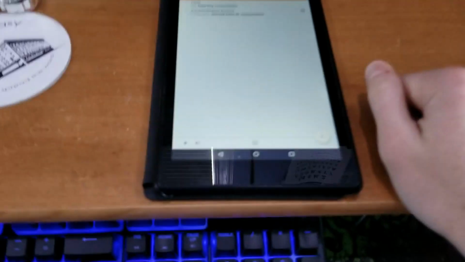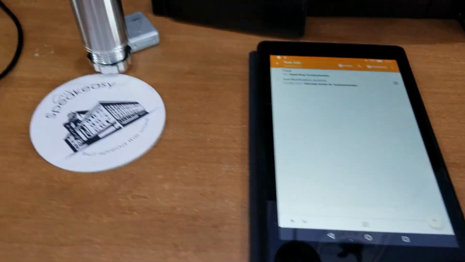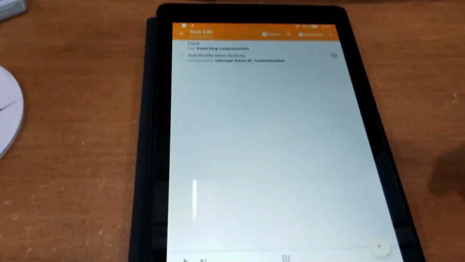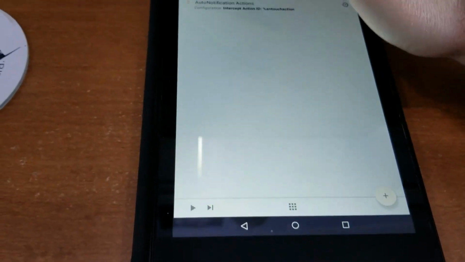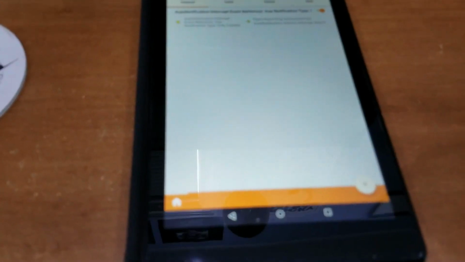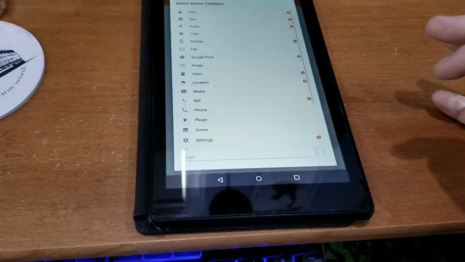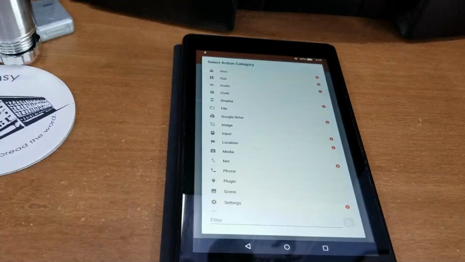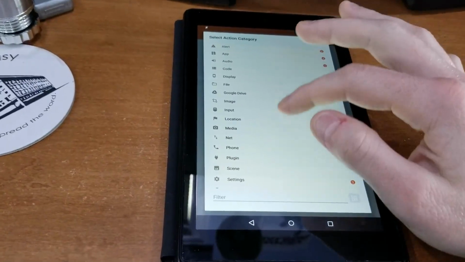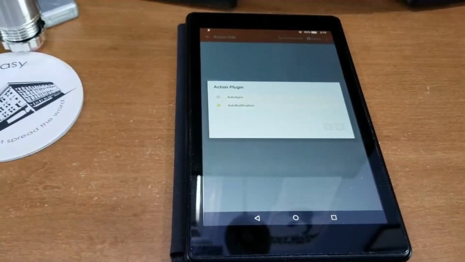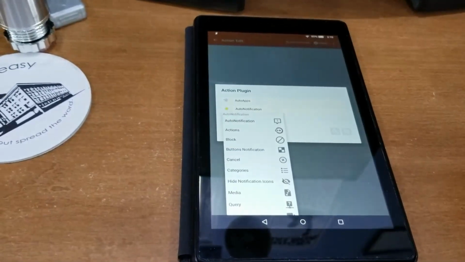Okay, and it's kind of weird. In Tasker, back means, I guess, like okay. Alright, so now I'm going to hit the back button. Okay, we're almost there. So now we're going to click the plus button, and we're going to say we want to add a plugin. We're going to do AutoNotification,